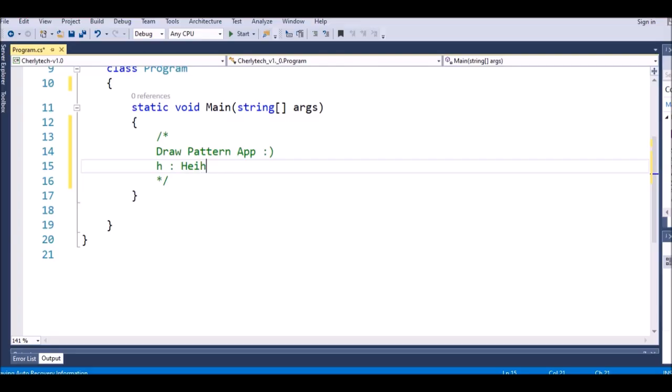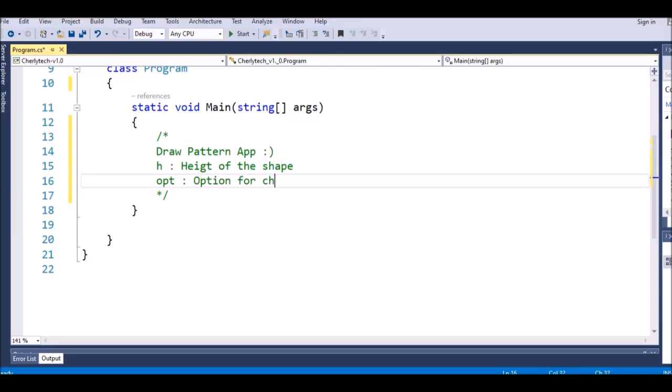So say height of the shape, and next we have opt, option for choosing the kind of operation,